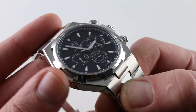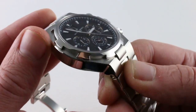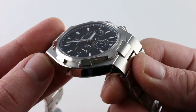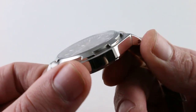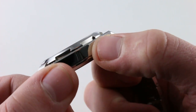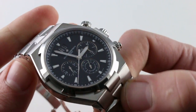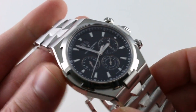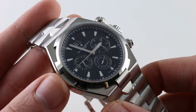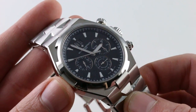You can see there's a handsome contrast to the finish of the case too. The top of the case is in satin, the flank is in high polish, and then there's a beautiful beveled polished lip that transitions between the two surfaces. You'll also note small details like the polishing of the conical portion of the bezel contrasting with the vertical satin finish of the recesses. You'll also note that it is all of a piece, integrated bracelet, lugs, and case like the historic 1977 Vacheron Constantin Model 222,